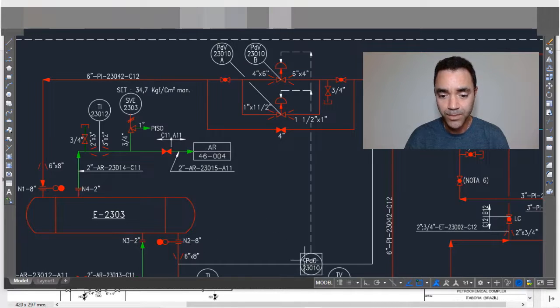So we have the PDC, that means pressure differential controller. It takes a tap at the discharge of the heat exchanger and at the inlet of the control valves. This measurement is sent to a PLC also,